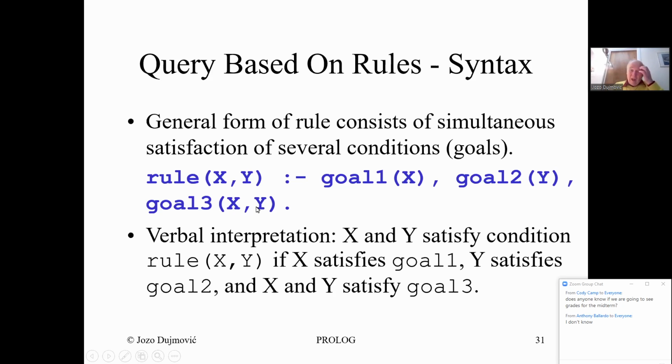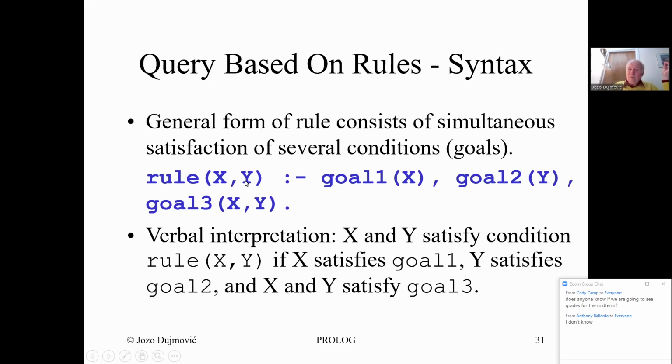But the most important feature of PROLOG is that x and y are neither inputs nor outputs. They are flexible. They can be inputs or outputs interchangeably. So interchangeability of inputs and outputs is a fundamental property of PROLOG that is not shared by other languages. And therefore, this is the main reason why we want to study this kind of programming, because x and y